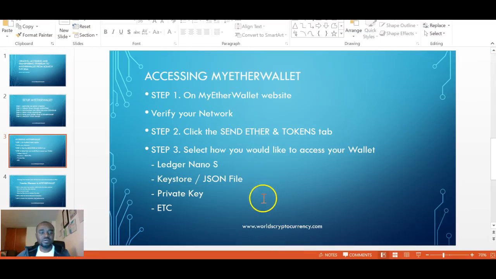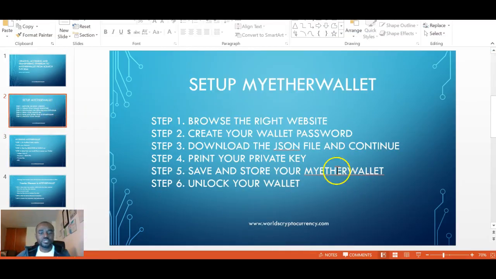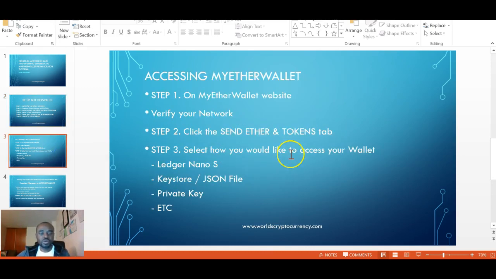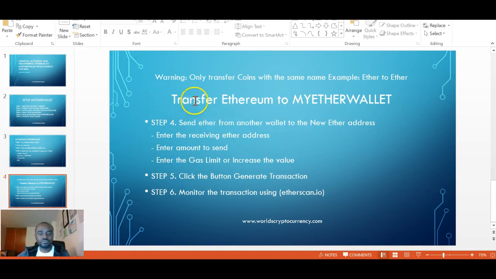We're just going to go through our slides, what we've looked at so far. We started with setting up our wallet by going through these 6 steps to get our wallet up and running. And then we also looked at how we could access our Ethereum, that is going through the website, verifying you're on the right network, and clicking on the send Ether and token tab. Through that we were able to see this list, and we looked at how we could unlock or gain access to our wallet using the JSON file and also the private key. In this final video, we're going to see how we can transfer Ethereum into our